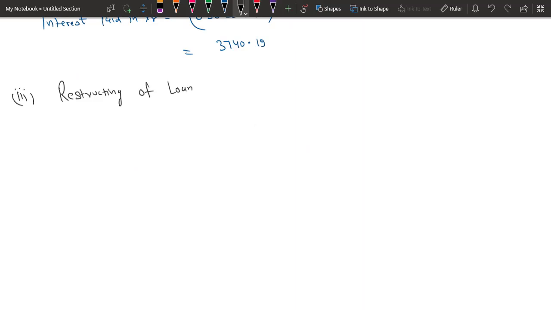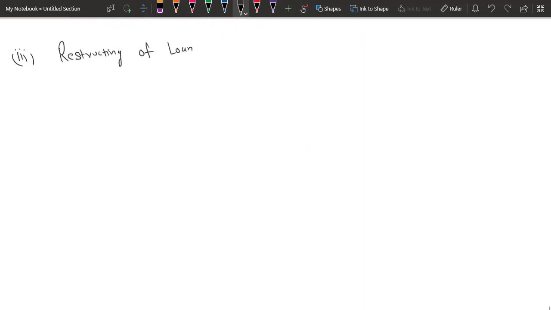So what we are doing, after 7th year, let's say it is time 7, and let's say we have some time 8 here, and these are some monthly installments. Okay, so it is written that after the 7th year, payment at 7th year, the borrower stopped paying his installment for 2 months. So the installment that had to be paid here and here are not paid. So what will happen?